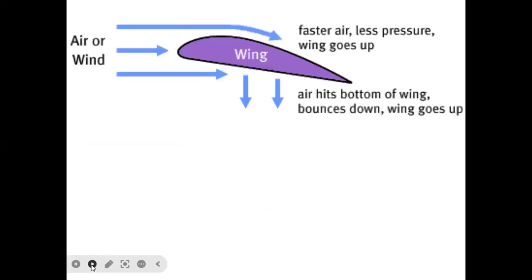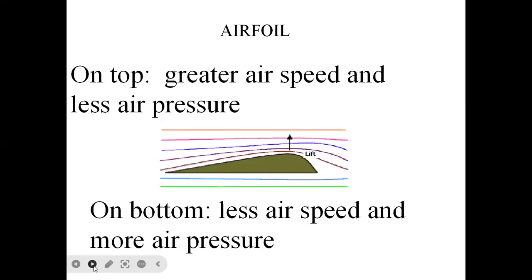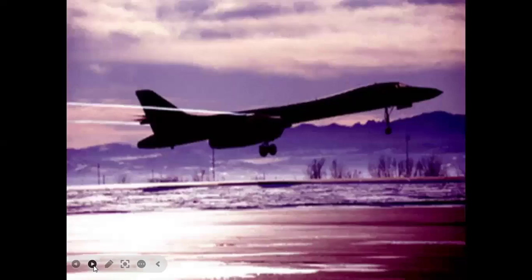So air or wind giving pressure. The faster air, less pressure, wing goes up, and air hits the bottom of the wing, bounces down, wings go up. So airfoil: on top greater air speed and less air pressure. On bottom, less air speed, more air pressure. Okay. So for this reason, airplane flies